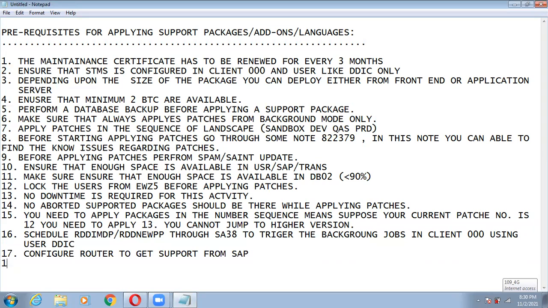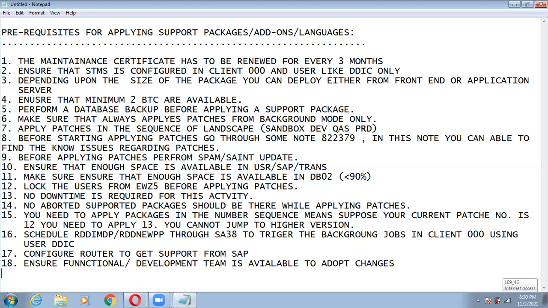Okay, next one, 18th point. Ensure the functional or development team is available to adopt changes when you come across an issue.